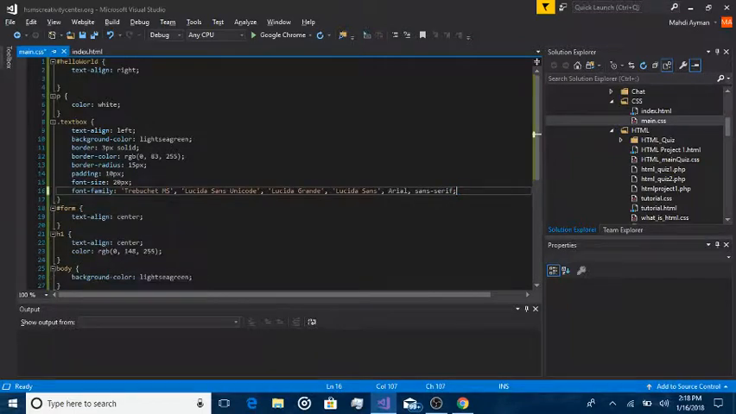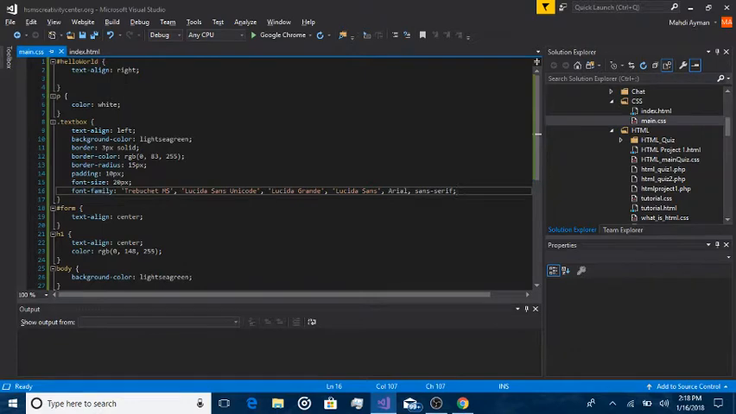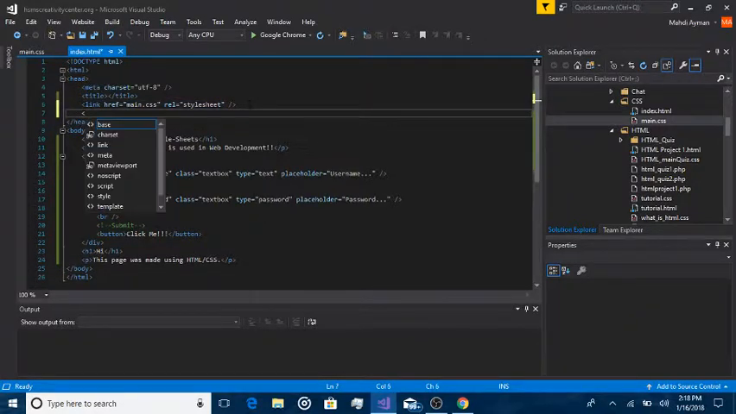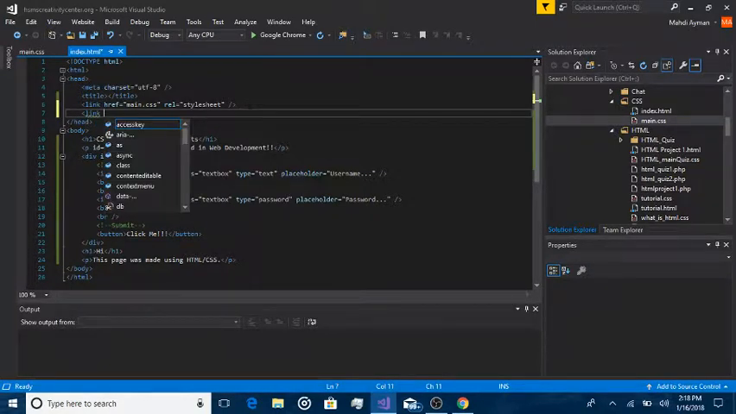Now we also have another option where we can go to w3schools.com, and then they have a list of Google fonts that we can use. The way we're going to use those is back in our index.html, right here where it says link href main.css rel stylesheet. Right underneath that, you're going to create another link, and then href is going to be